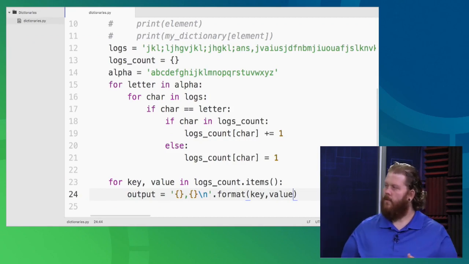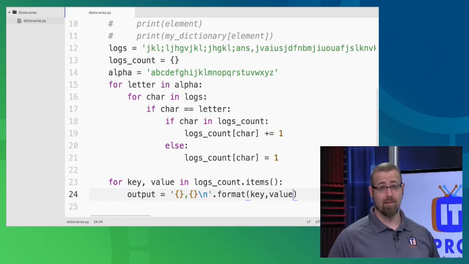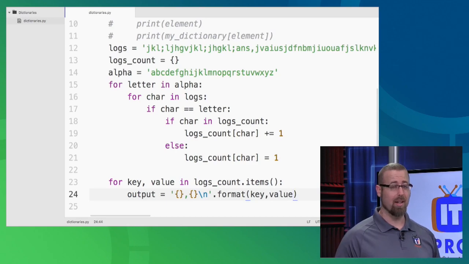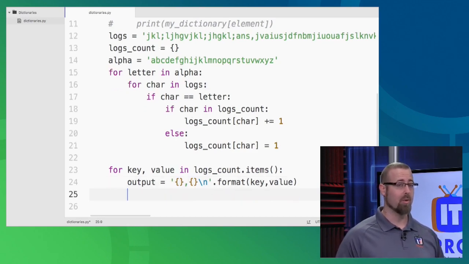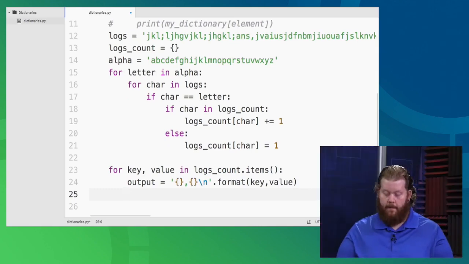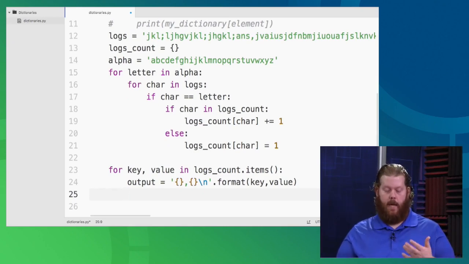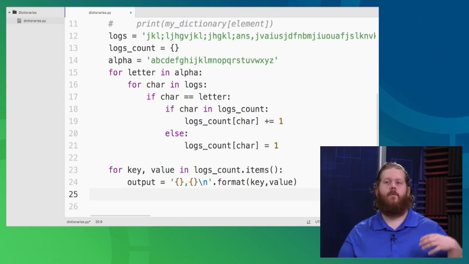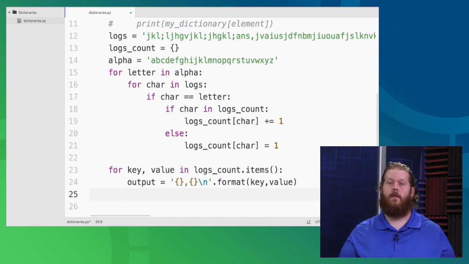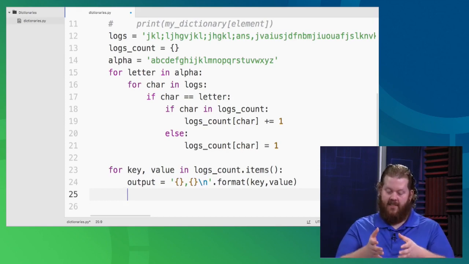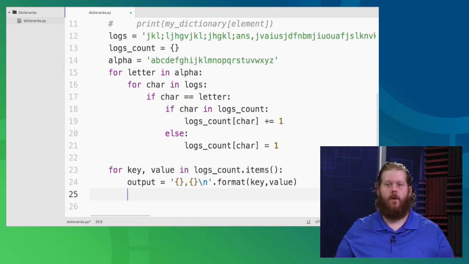So do you have a guess of what that \n is, Dane? Yeah, because I have a little bit of programming experience, I'm guessing that stands for the new line character, which is going to basically give you a return. It comes to the end of something and then drops it down to the next line. Exactly. Now, since we're using print statements in an iterative structure, we don't actually have to put this here. But this is in preparation of what if I wanted to output this to an actual file that I could open in Excel or LibreOffice Calc or something of that nature. Then this is necessary because otherwise they'll just run together in the same line.